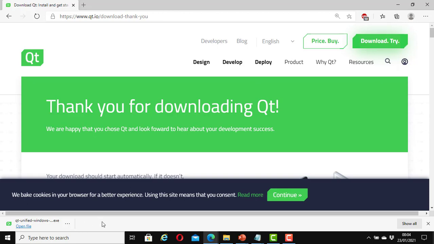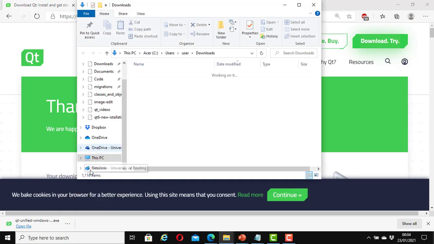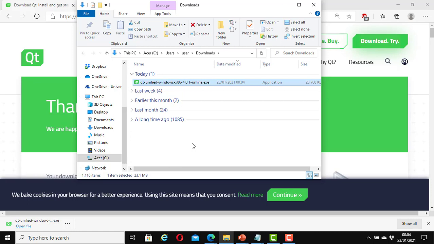Now it has finished downloading. To find it from where it has been downloaded to, I'm going to click on show in folder and it will take me to where it is on my system. On my computer, it was downloaded to the downloads folder. Yours might also be downloaded to the downloads folder, but wherever it is on your system, I'm sure you can find it. Now, to launch it, it is an exe file, that is, it's an executable file. So let's click on it.